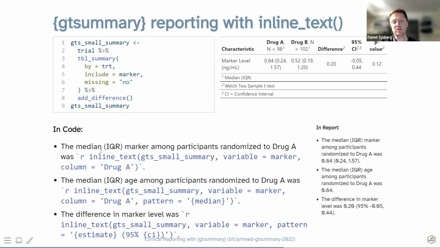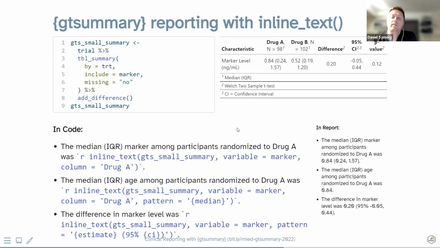We can say the median IQR marker among participants randomized to drug A was, backticks, inline text, this little table that I'm just creating up here, by the way. Variable marker, column drug A. So it's going to go to marker, drug A, because it can recognize this, and it's going to report this business here.